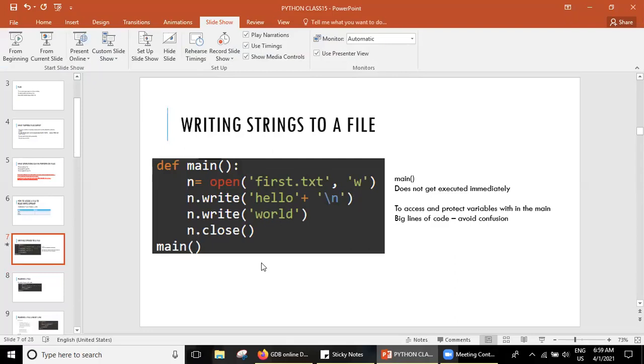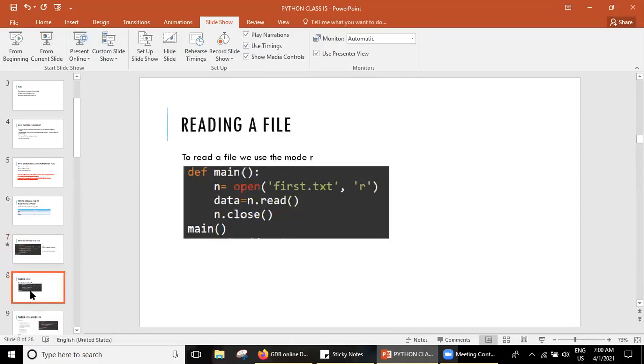When we use these lines of code like open and write, it means that we are operating with files. This is already predefined, so we just have to make sure to use those instructions and do the coding.